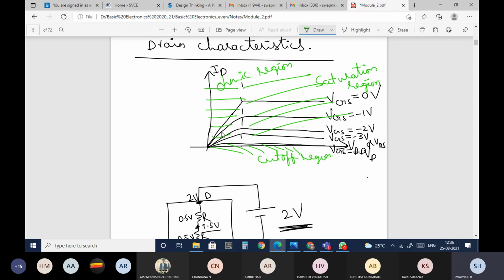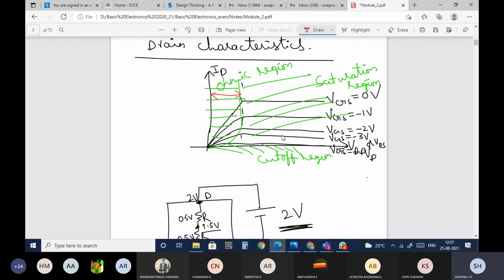This portion from here to here is said to be the ohmic region.